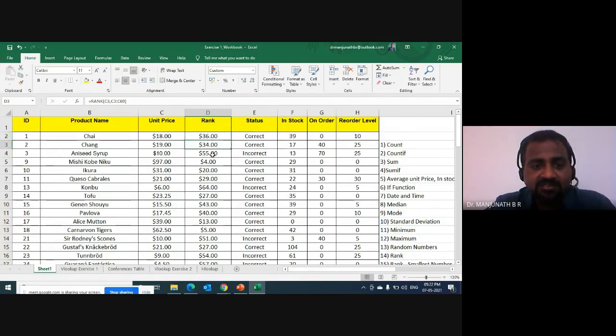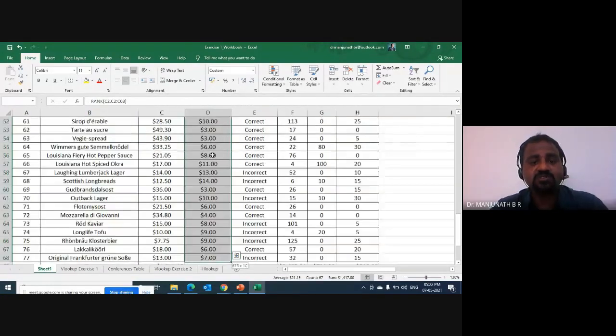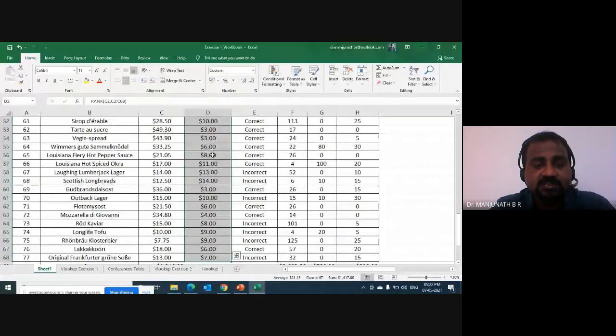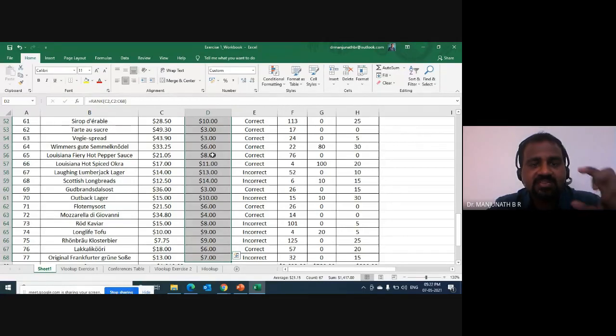Come on. Now from the 36, I want you to select the entire range. Control Shift down arrow key. Select it, please. Selected? The complete range in the column D to be selected. Done? You guys are following? Okay, now the first thing is for the rank, I want to remove the decimals.